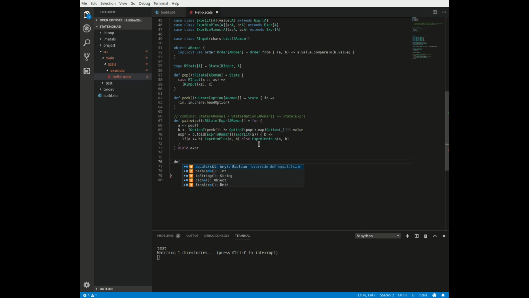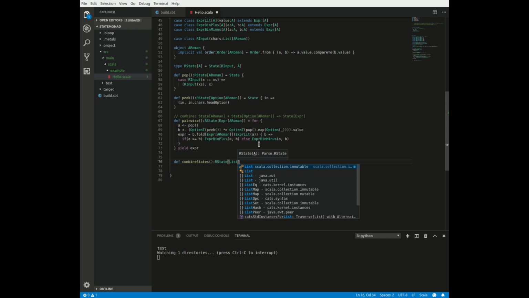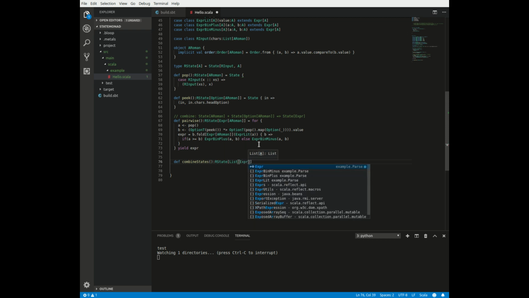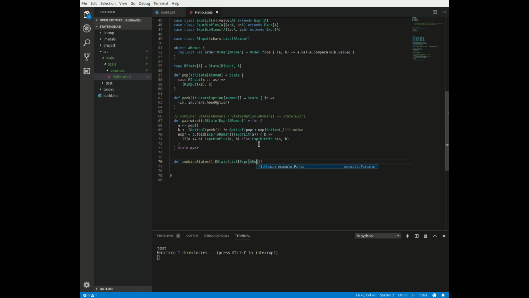So we will call it combined states. List with expressions with a Roman,